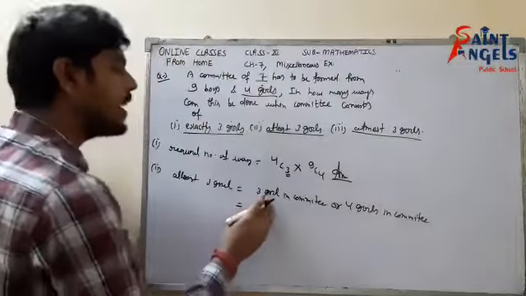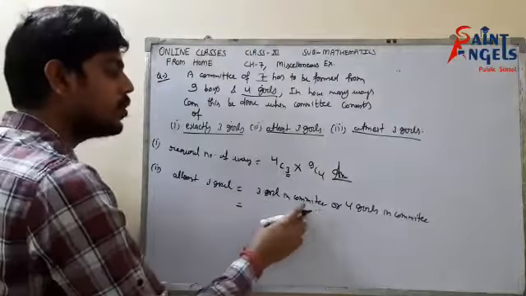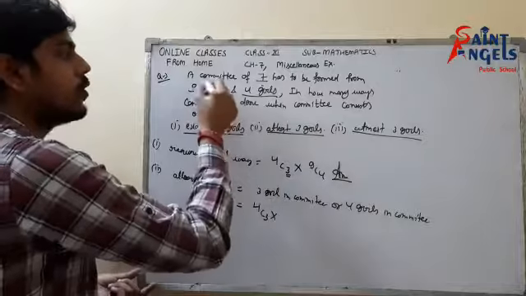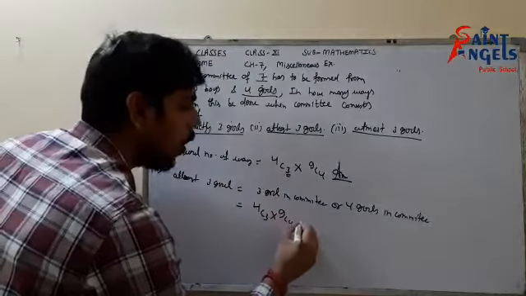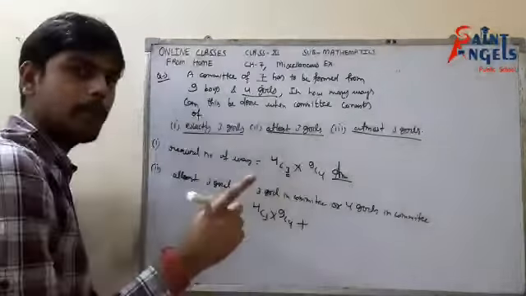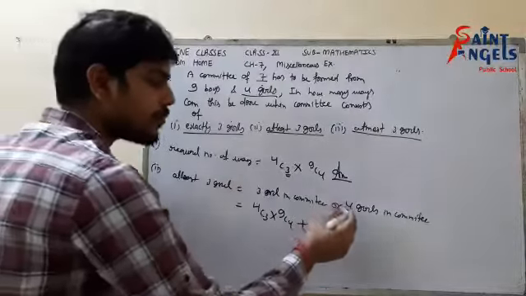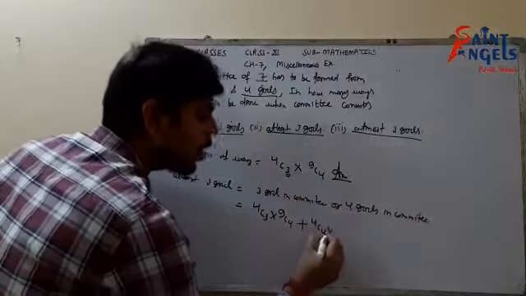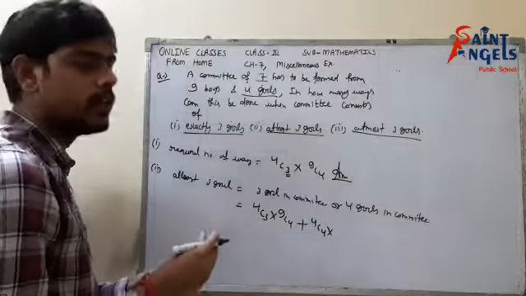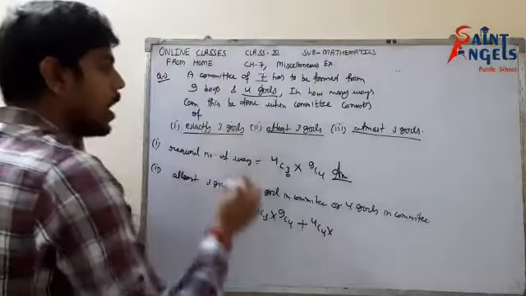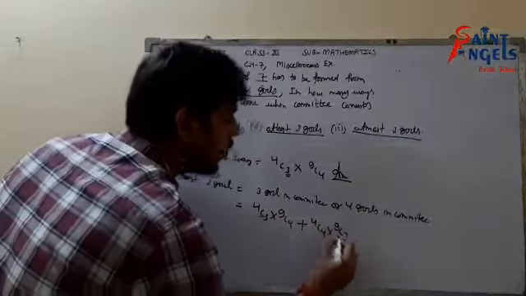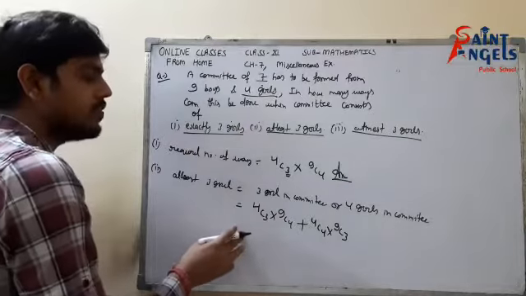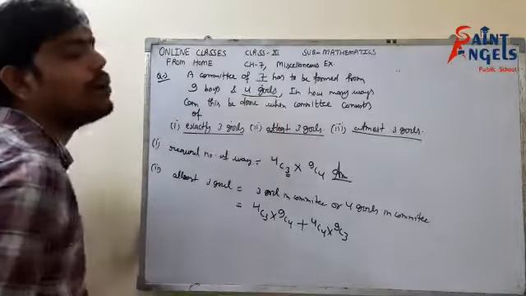So when there are 3 girls in the committee, then the team would be 4C3, 3 girls, and the rest 4 boys should be from 9 boys. So 9C4. Or means plus, and means multiply, or means plus. 4 girls in the committee. So we have 4 girls out of 4 girls. Now we are left with 3 teammates. Those will be boys, and out of 9 boys we have to choose 3 boys. So this is the required number of ways or teams in which we can choose at least 3 girls.